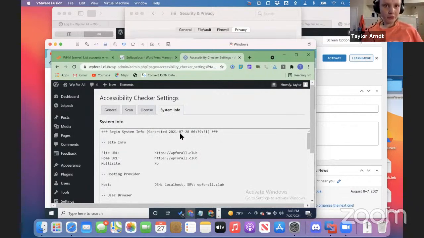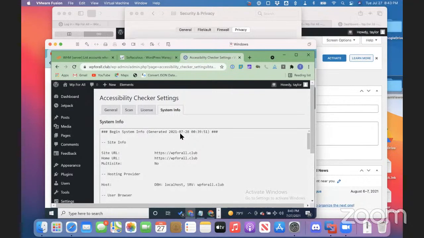There was one little fluke there where I'm not sure if NVDA decided it was going to have a fun time and jump me around. But I don't think it was related to the screen reader itself or the settings, like how they were coded. I think that my browser decided it was going to have a fun time and jump me around. Do you kind of agree, Michael? That's what it seemed like.